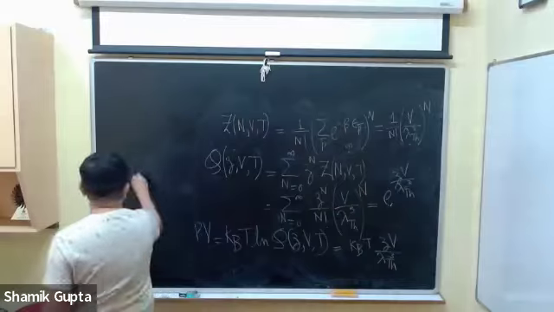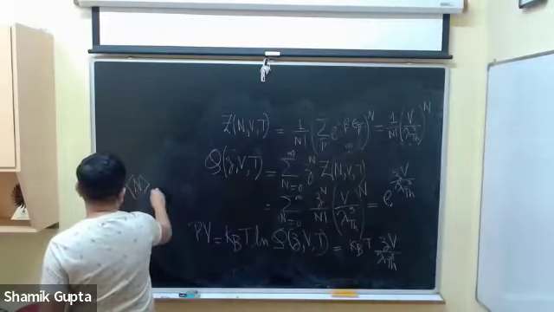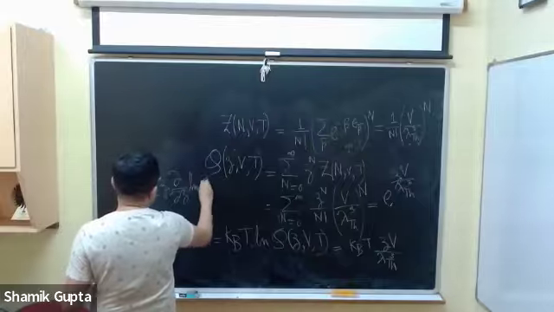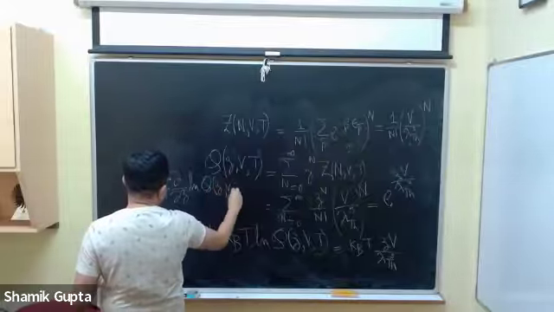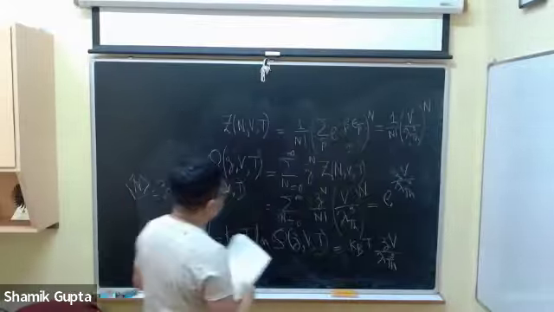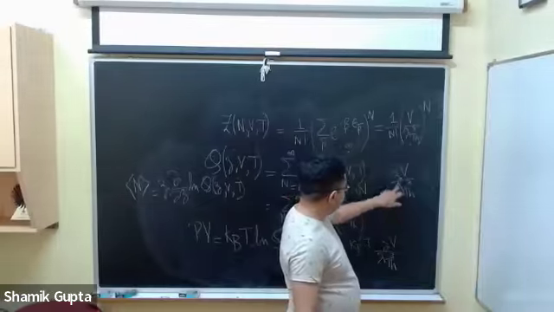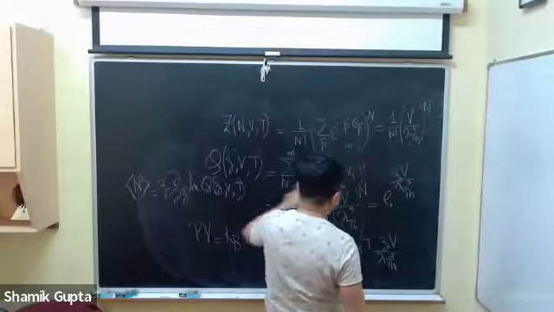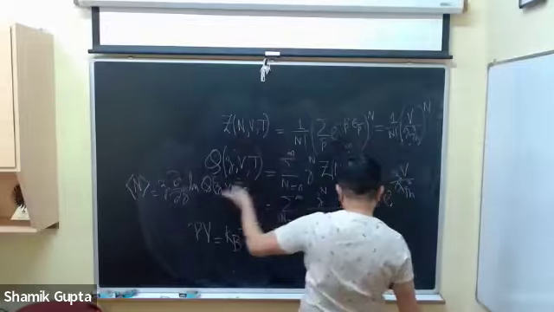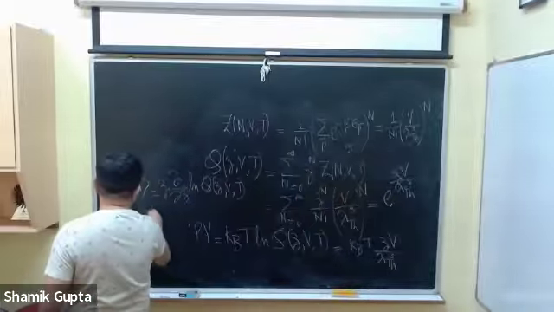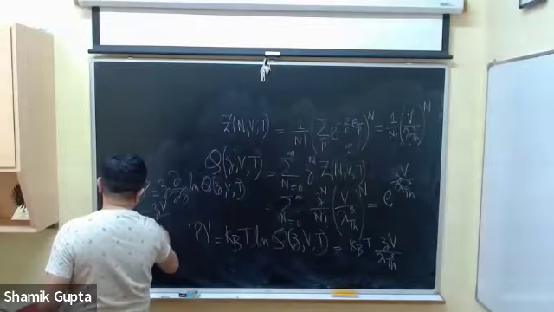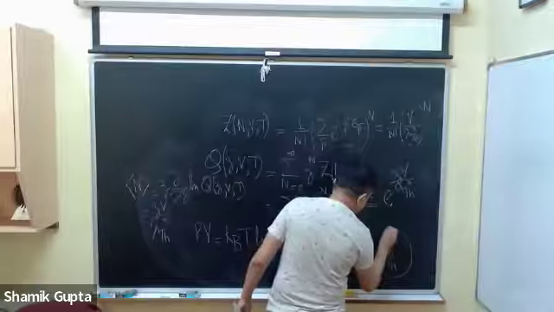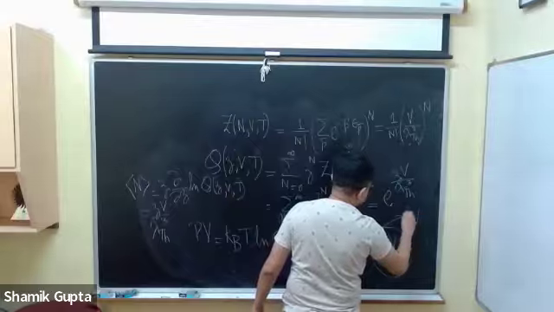The next thing that I need to compute is the average number of particles in the system. That is given by z d/dz of log of Q(z, V, T). So what I have to do is first take the log of this, so that gives me zV by lambda thermal cubed. Take the derivative with respect to z, you get V by lambda thermal cubed and then multiply by z. So this will give me zV divided by lambda thermal cubed, which is exactly what is coming out here. So therefore, this is nothing but N average.